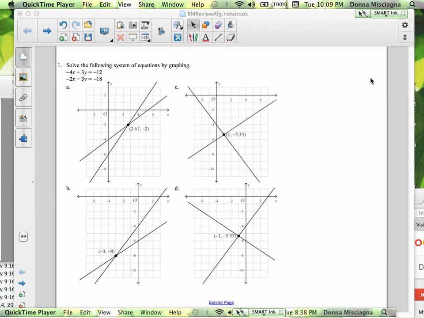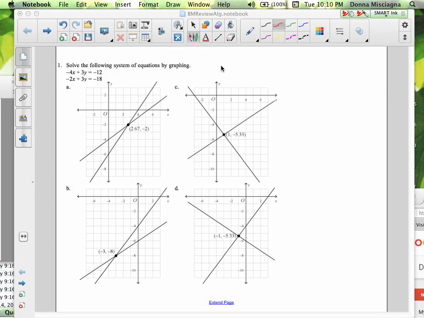Maybe we want to do a little of both. Either we have to figure out which is the correct set of lines, or we need to figure out which is the correct solution, maybe using algebraic techniques. If we're going to look at slope, we want to isolate our variables, or isolate y. So we have negative 4x